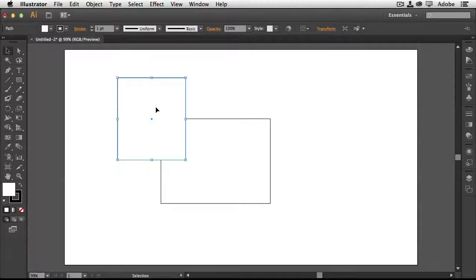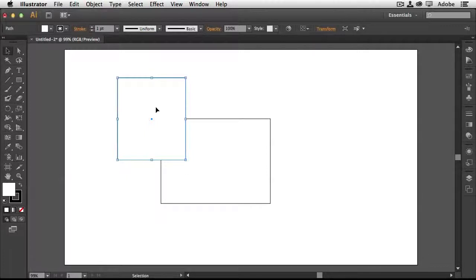Versus if I had painted those with pixels, they would be on the canvas and it wouldn't be as easy to select them and move them around or pick them up. So I'd have to always, in Photoshop, for example, if I wanted to be able to do that, work in layers. Whereas here, I can work on one layer for everything or have many layers for different things. It's up to me. Now the next thing, number three,